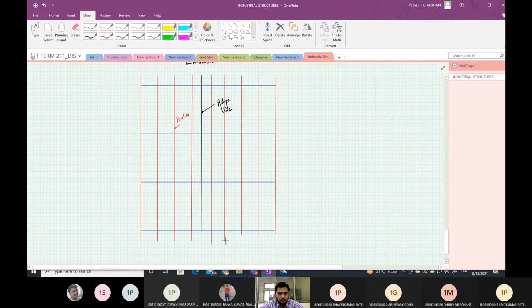The purlins are sometimes extended like this, just to have the roof projected outside. Then we have the columns.